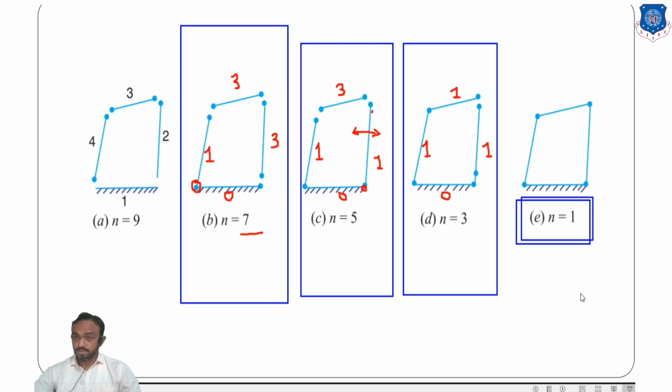So first of all, we have to understand degree of freedom of a mechanism, the number of input parameters. Number of inputs means, if I want the 4th link in this particular position, I have to give the motion to link number 1 in this direction. Only one input is required. If I give the motion to link number 1, it will directly give the motion to links 2 and 4. So that's how this degree of freedom is 1.